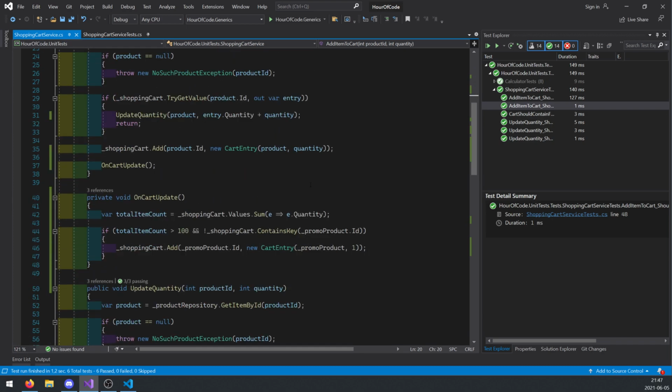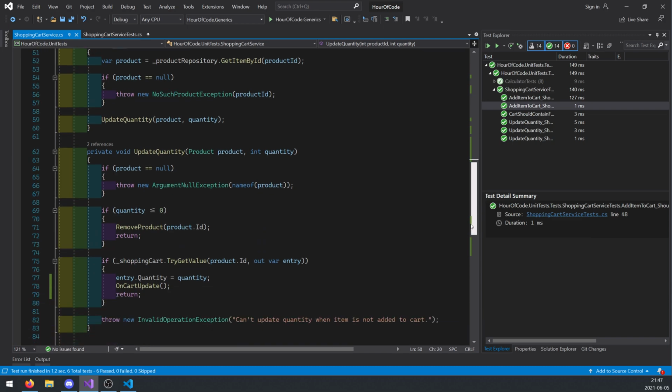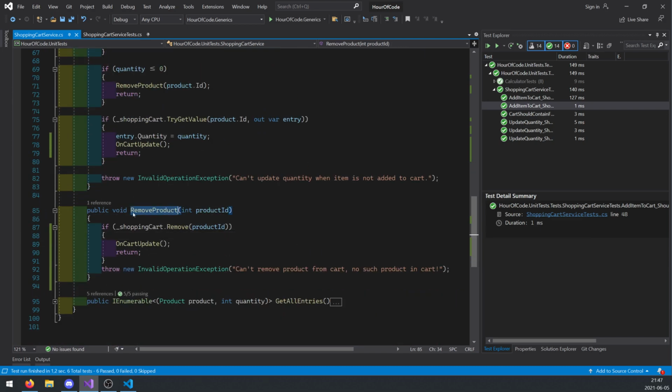I don't know. Update quantity once again should probably return the cart entry when it does, right? Remove product should definitely return true or false, and it should be like TryRemove, so that it returns true if it actually removed anything and false if it didn't remove anything. Because if you try to remove something and nothing was removed, is that really an error? I mean, in this case, I'm throwing an exception for it, but